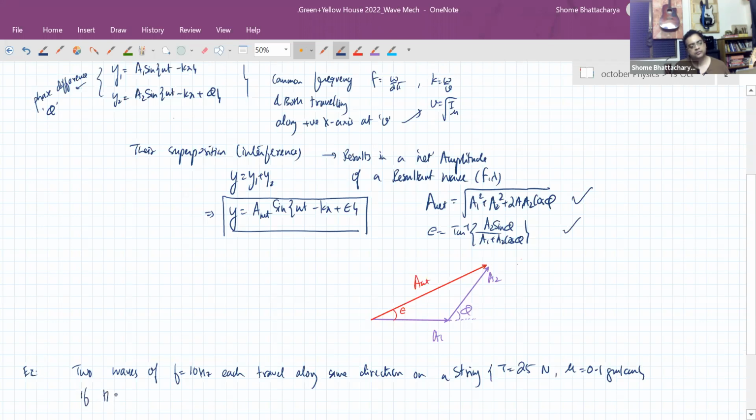If their amplitudes are 1.2 millimeters and 1.6 millimeters, calculate the net amplitude from the interference, or from the superposition,